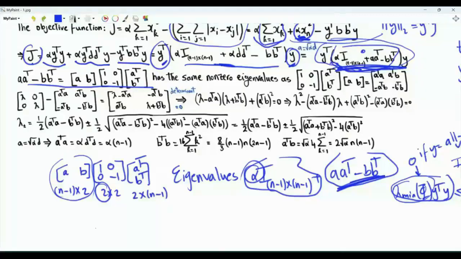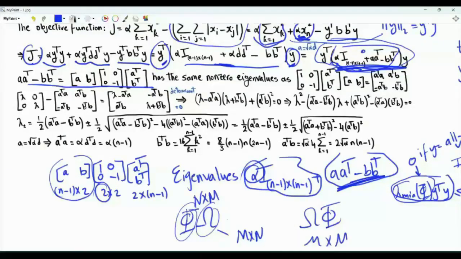Now let's exploit a result from matrix analysis. If we have two matrices phi and omega, phi is of size big N by big M and omega is of size big M by big N. Phi omega, which is an N by N matrix, and omega phi, which is an M by M matrix, have the same non-zero eigenvalues. Thus, to obtain the two potentially non-zero eigenvalues of this n minus 1 by n minus 1 matrix, we can just move this matrix to this side here. And rather than working with an n minus 1 by n minus 1 matrix, we can work with a 2